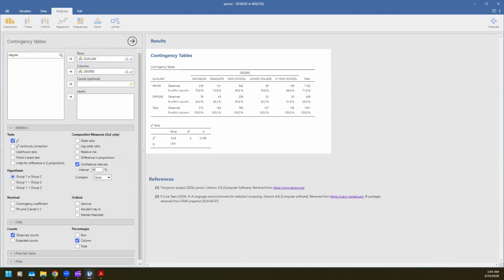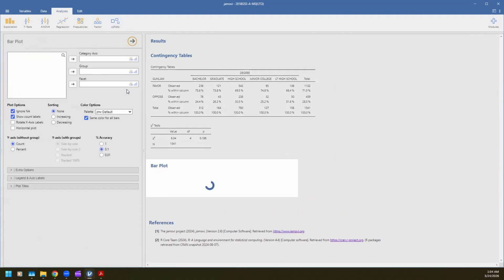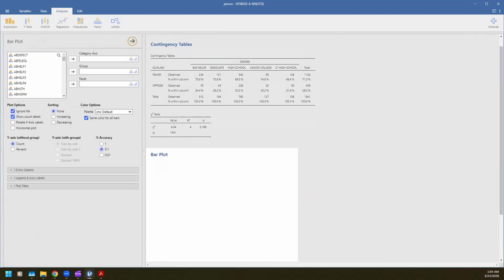bar plot. I'm going to use the jamovi plots module, the little add-on that we did way back in module 3 to make sure we could do some really cool plots. I'm going to click on the bar plot. It's actually the same thing we did before, but now we're going to switch things up a little bit. Last time I wanted you to put maybe the rows part, this part on